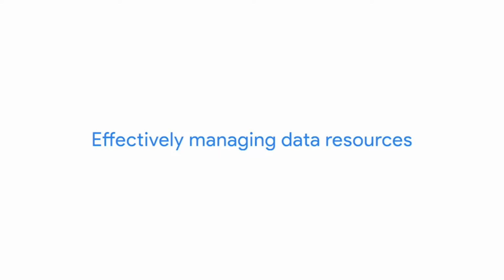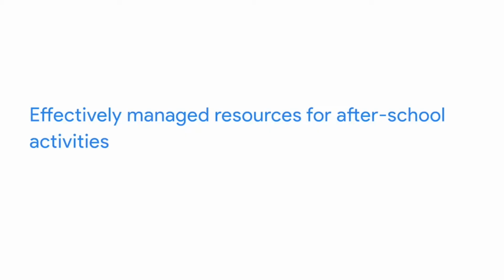Including any part of your skills and experience that matches a job description will help your resume rise above the competition. So if a job listing describes a job responsibility as effectively managing data resources, you'll want to have your own description that reflects that responsibility. For example, if you volunteered or worked at a local school or community center, you might say that you effectively manage resources for after-school activities. Later on, you'll learn more ways to make your work history work for you.